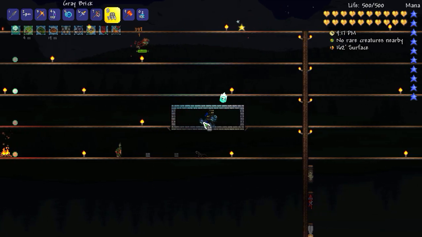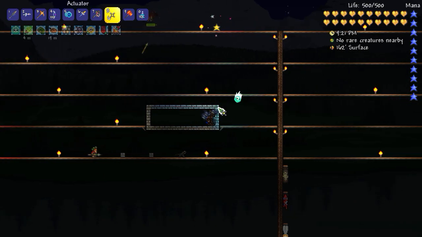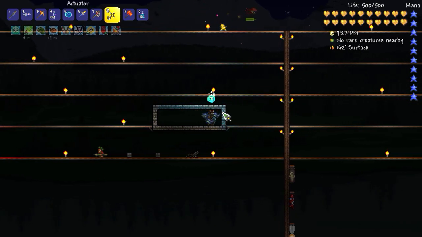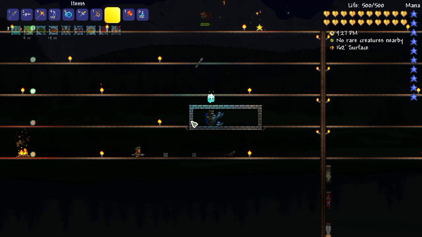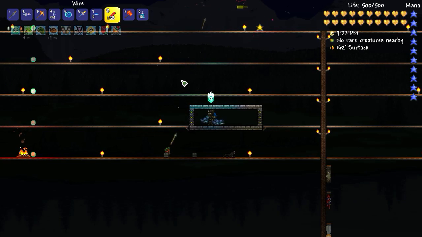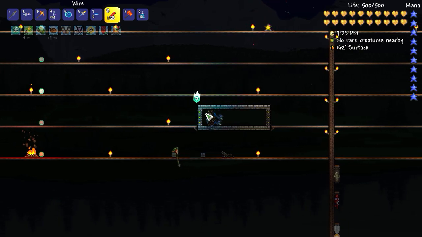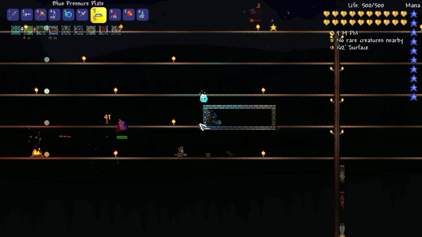Oh, you know what? I'm going to need more pressure plates. That's okay. So then, what you do now, if I'm understanding this correctly, is you put actuators in the blocks you want to actuate. Just like this. Okay. And then we will get that and our pressure plates out. And, oh geez, I kind of made this difficult. So we'll put a pressure plate